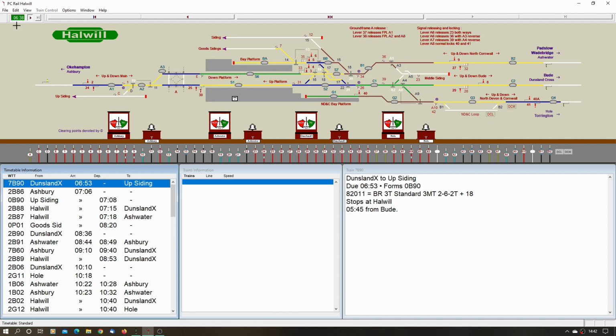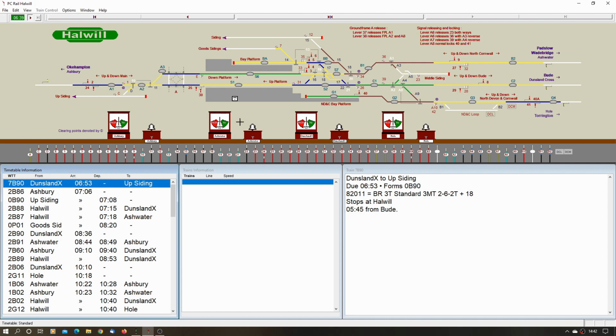So, start 6:38. The first one we've got should be on the Bude line. That's Dunsland Cross, and it goes into the upsiding. The upsiding is located this bit here. It was actually connected further up on this line through a ground frame, and there's quite a few sidings there. I think there are about 8 sidings there built for the War Department